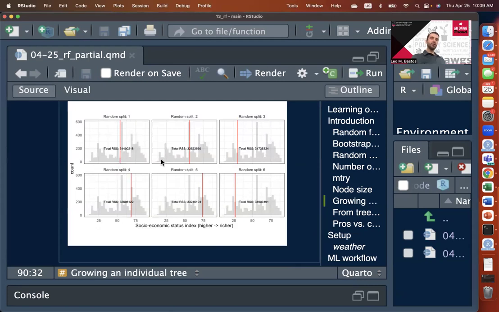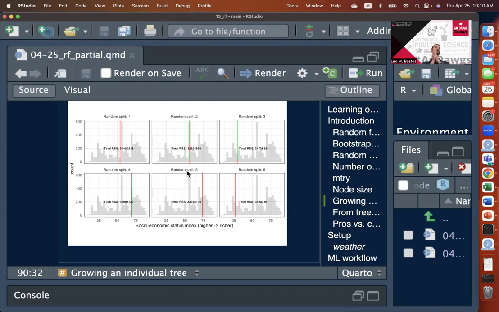So we randomly choose a breakpoint here and calculate the error. If it breaks there, what would be the residual error of the two parts? And then it takes another random breakpoint. If it breaks there, what would be the residual of those two remaining sides? And it does that many times. And this is just the process for one of your 20 variables. It's going to do this for all of your 20 variables. And in the end, it's going to choose whatever variable and whatever breakpoint was able to reduce the error the most,